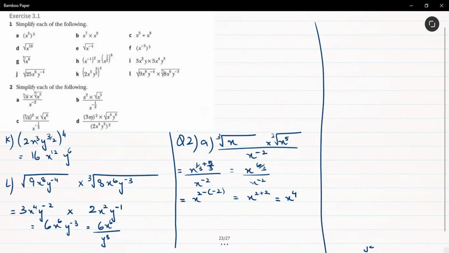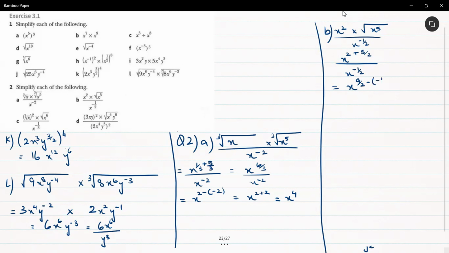Okay, just close this. For part B, we have x squared multiplied by x to the power 5 under root, divided by x to the power -1 over 2. Again, simplify this so that it's going to be easier for you to solve. So x to the power 2 plus 5 over 2, because it's going to be x to the power 5 multiplied by 1 over 2, divided by x to the power -1 over 2. So if we were to simplify this, we would get x to the power 2 plus 5 over 2, which is going to be, let me just see, 2 times 2 is 4, 4 plus 5, 9 over 2